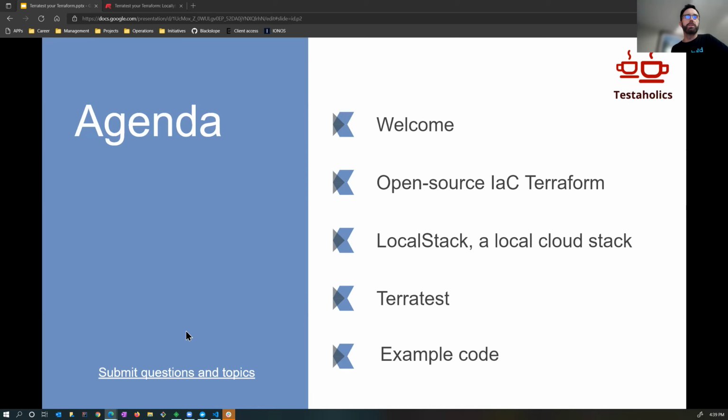The birth of infrastructure as a service and the subsequent rise of infrastructure as code opened up a new frontier for us QEs to contribute to the quality of the application and the systems they run on, to ensure stability, availability, reliability, scalability, and so forth. While there are many infrastructure as code tools on the market, open source Terraform has emerged as one of the prominent ones. This presentation will focus on Terraform and how to use Terratest, although